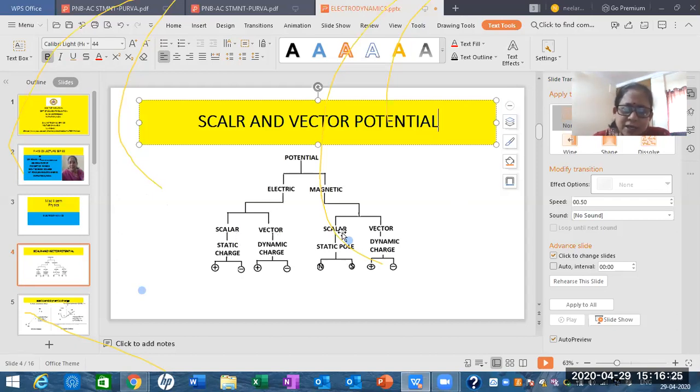I think in earlier classes I have used two notations. One is the notation phi and another is the notation A. So phi is the electric scalar potential. It is used in Coulomb's law, Gauss law, etc. There the potential or flux is written as phi. But if you come to the other laws, for example Ampere's law, Biot-Savart law, etc., there we will be talking about dynamic moving charges. So there I am using a vector A, capital A with an arrow mark on its head. This is the difference between a scalar electric potential and a vector electric potential.